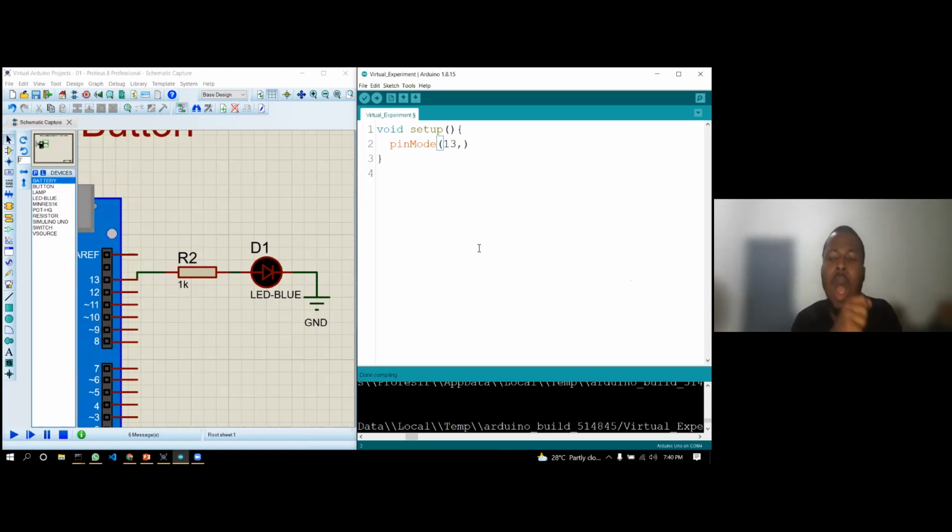Now, how do I want Arduino to treat this pin? I want it to treat this as an output pin. That means that this pin is going to source or provide voltage. It's going to provide voltage. Now, in C++ or in the Arduino programming language, anytime you want to tell the compiler that,